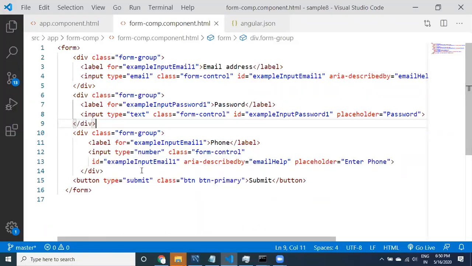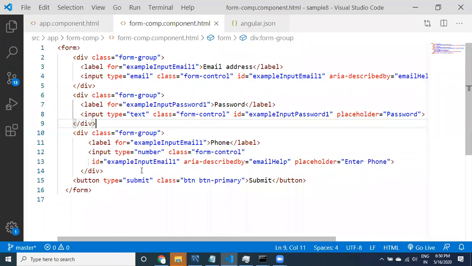Of course we have an easier way to read the data, but I'm showing you this approach because there are instances where this kind of code is available in your projects. So if you don't know this syntax, even though it is a bit more difficult than two-way binding, don't feel it is completely difficult.